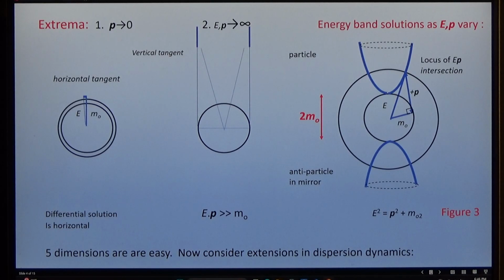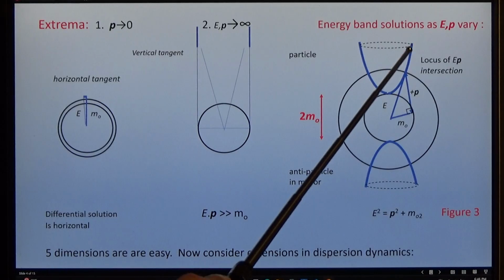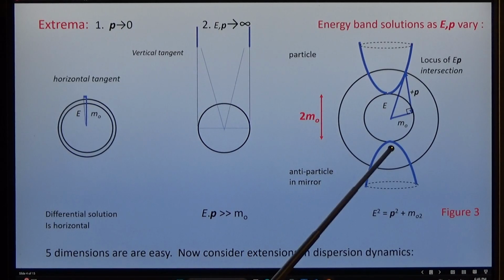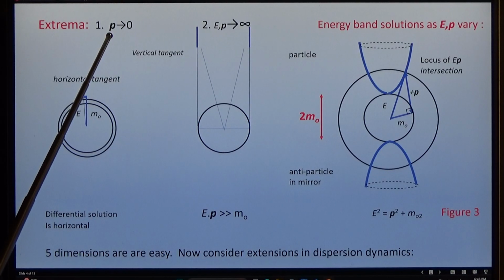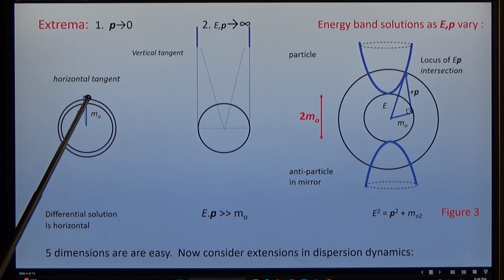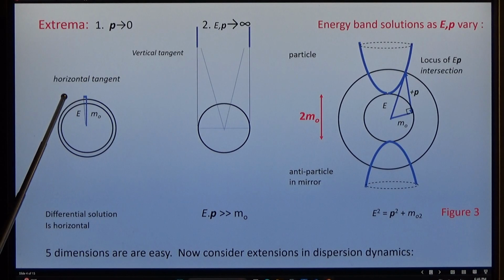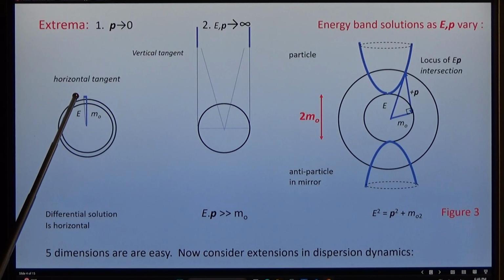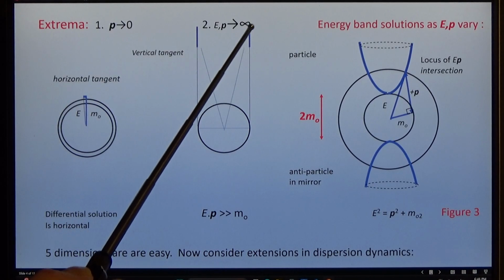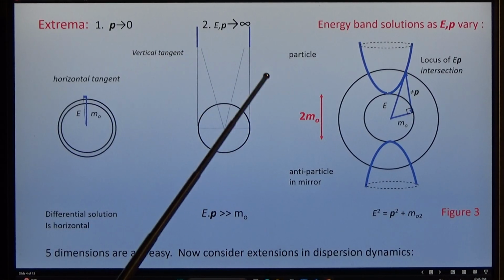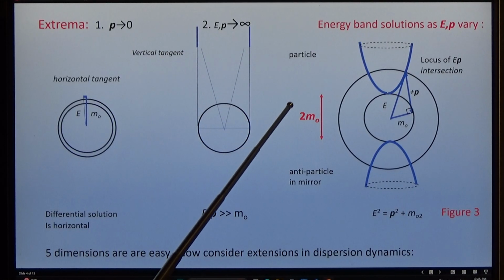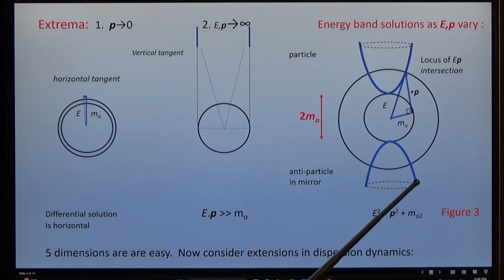We need to go on to display other variables. But first of all, we want to know what is the band structure and the band gap. We start with extrema. As p goes to 0, the solution is a horizontal tangent. And as p gets very large, vertical tangents on m0. The solutions are shown on the right